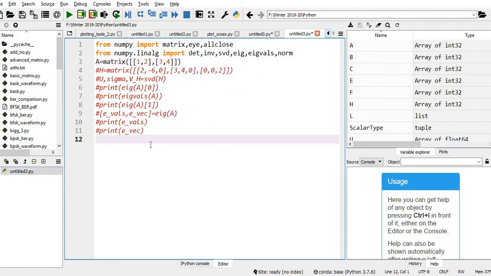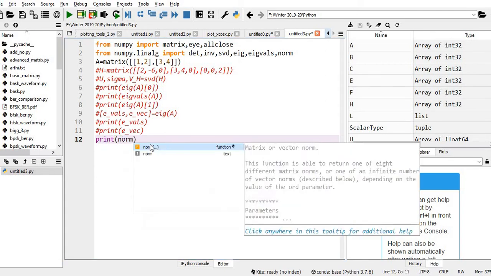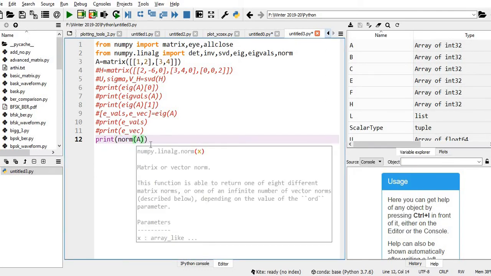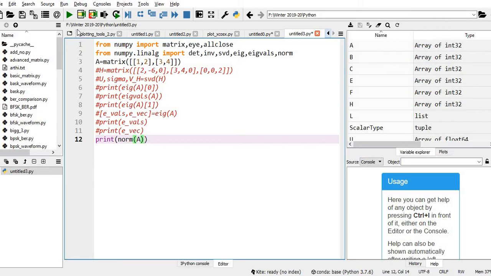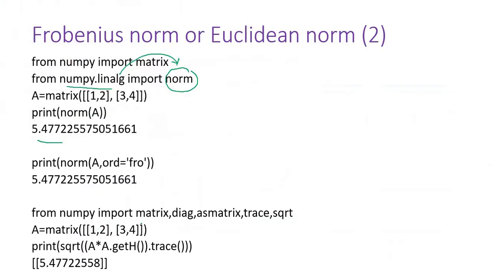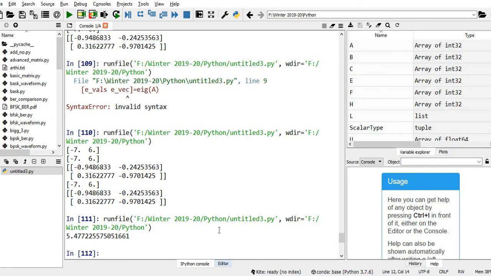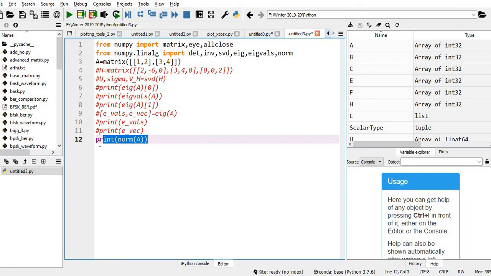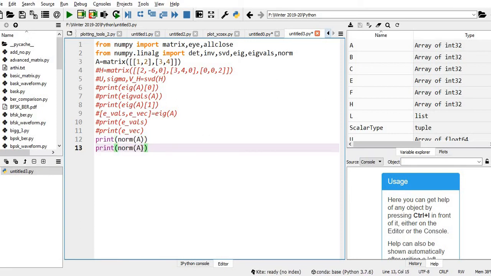I'm going to find out the norm. So print norm of A. I'm not specifying the order. So it should give that 5.477. Yeah, it is giving. So if you mention Frobenius, again it will give the same answer.